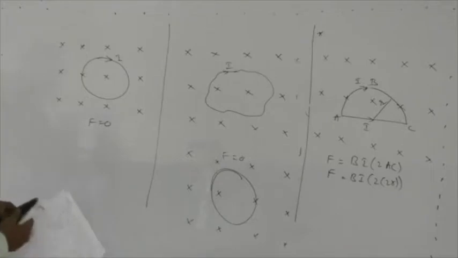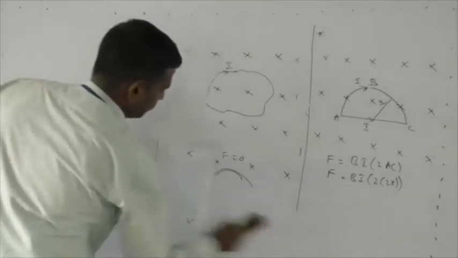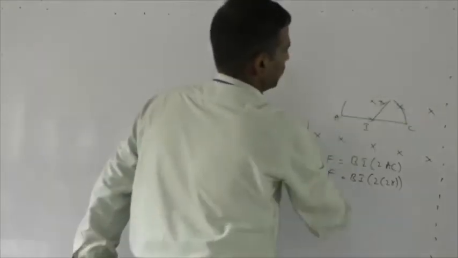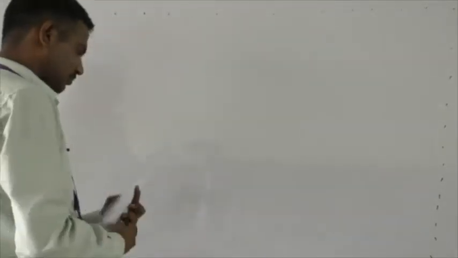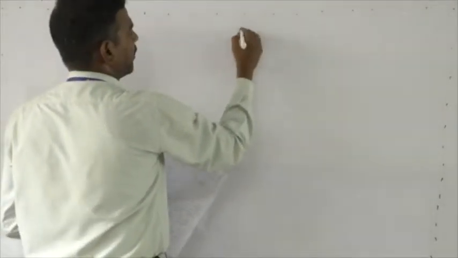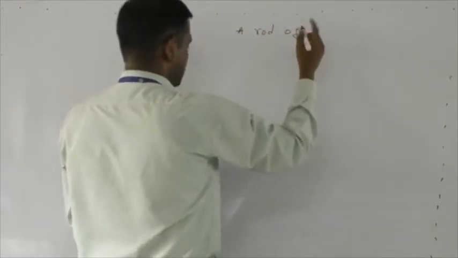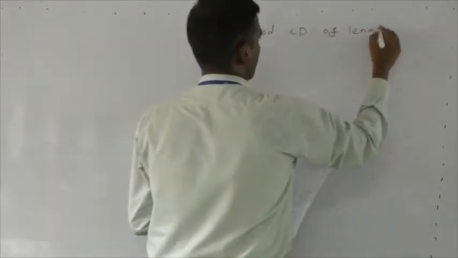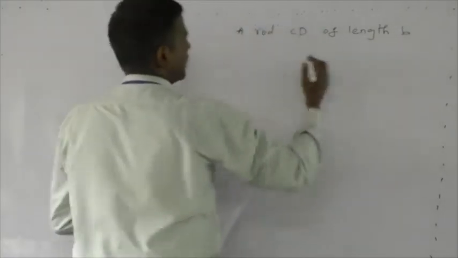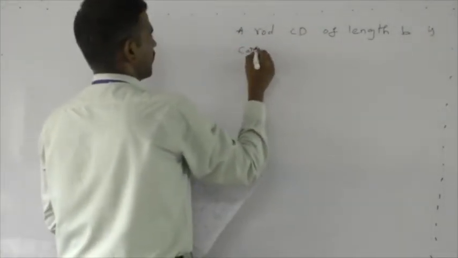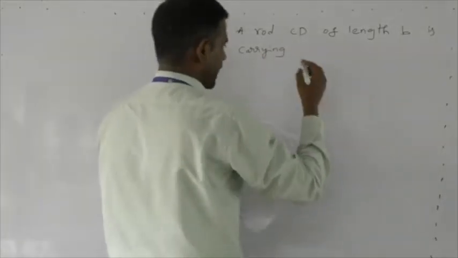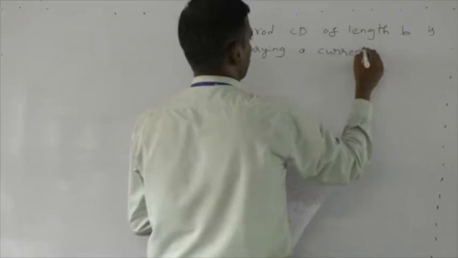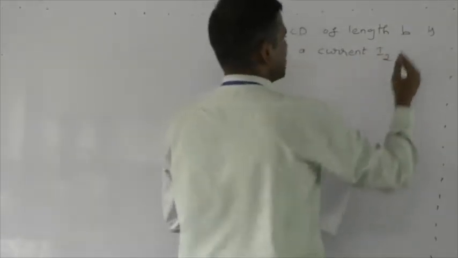Well, so look at this problem. So here I am writing the problem: a rod CD of length B is carrying a current I2, is placed in